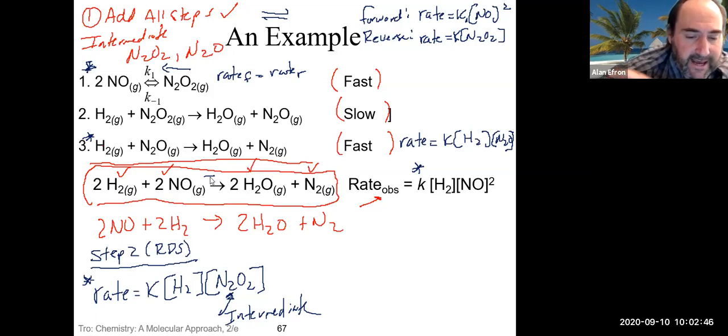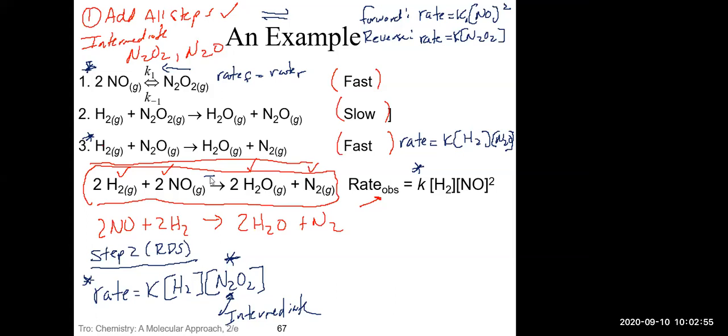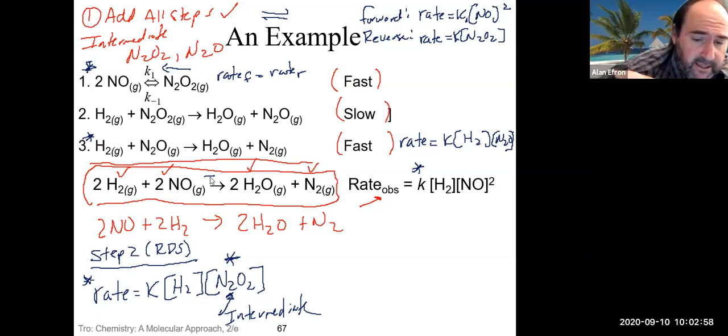Now, when we're looking at what we're really trying to do, we're really trying to get rid of the N2O2, right? We want to get rid of that because that is not part of the overall reaction. And if I look at the rate law that I wrote for step number 3, it has nothing to do with N2O2, which means really, I don't even have to worry about this one because I can't really use it to help me out here. The only other one that has N2O2 in it is the rate law for the reverse reaction for step number 1. And because the forward direction and the reverse direction at some point will reach equilibrium,